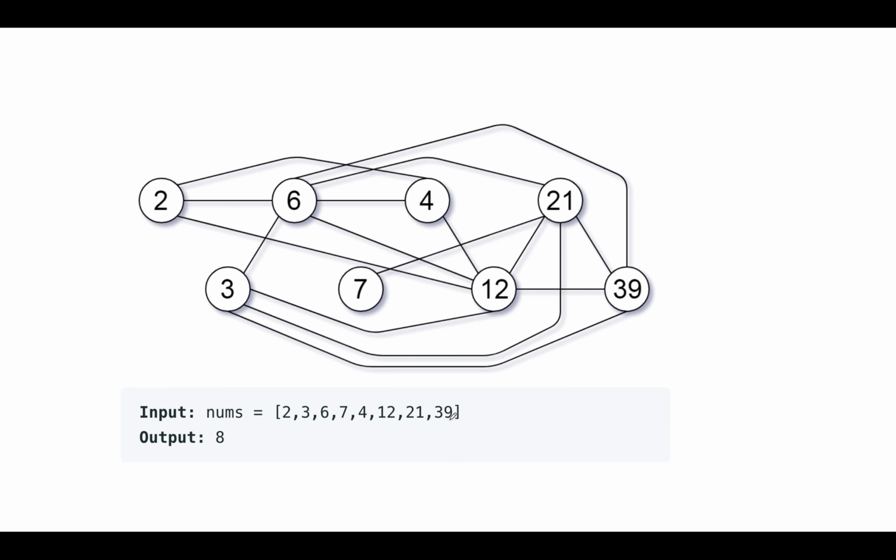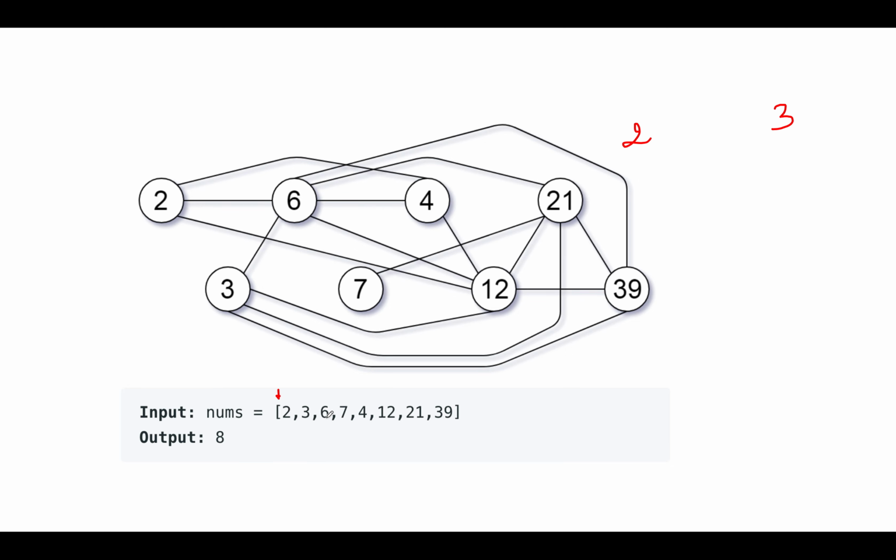So how do we go about solving this question? Let's try and identify how all of these elements are connected with each other. So let's start the iteration. We have 2. Is 2 connected with 3? It's not connected. So right now both of them will fall into different categories. Let's proceed ahead. Is 2 connected with 6? Yes, 2 is connected with 6.